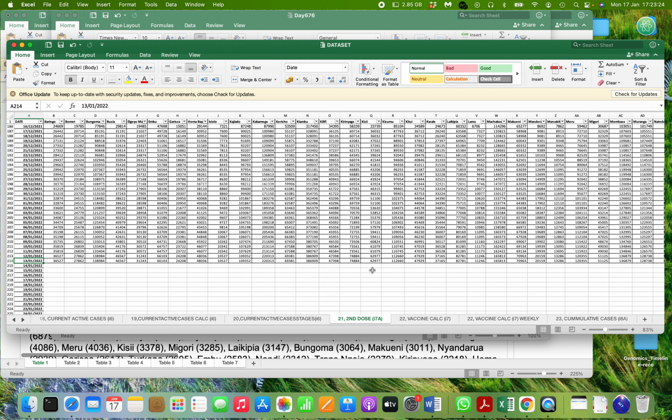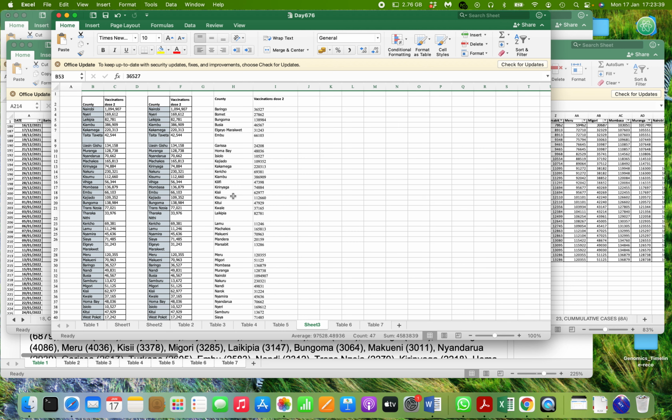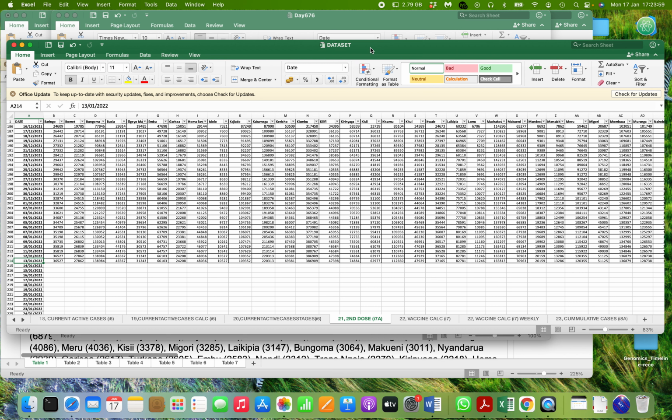I think that is all for the manipulation of data from the national SITREP: converting it from PDF to Excel, extracting the data that is required and checking if this data is accurate and clean, arranging the county names into alphabetical order for easy copy pasting it into the dataset file, transposing this column onto the Excel file, so it will be easy for you to push this data and copy it to the dataset file that is used to update the JICA DSR website. I think that is all for the daily